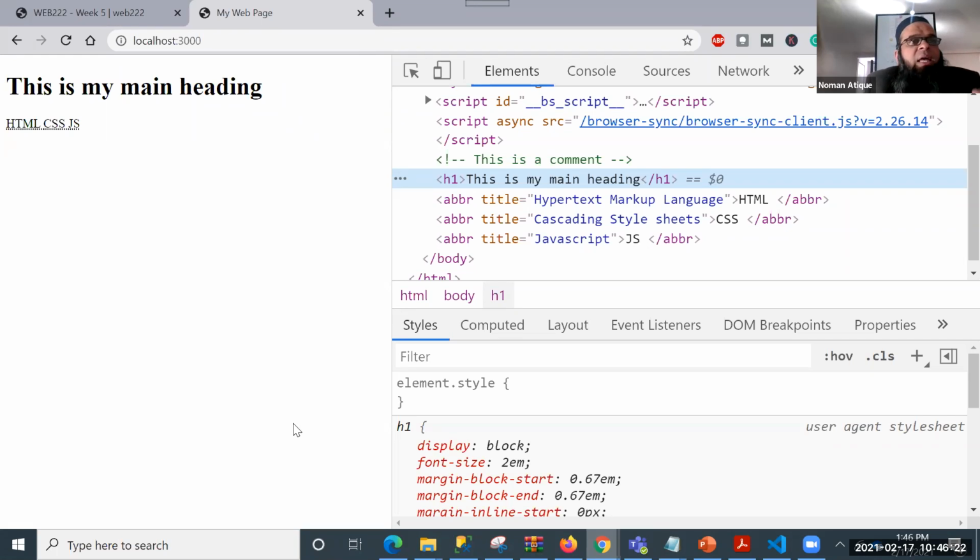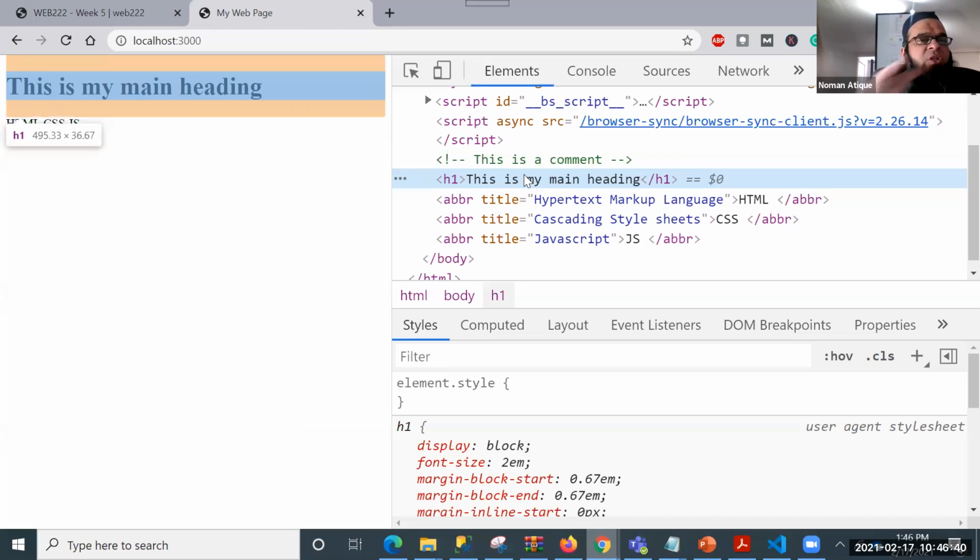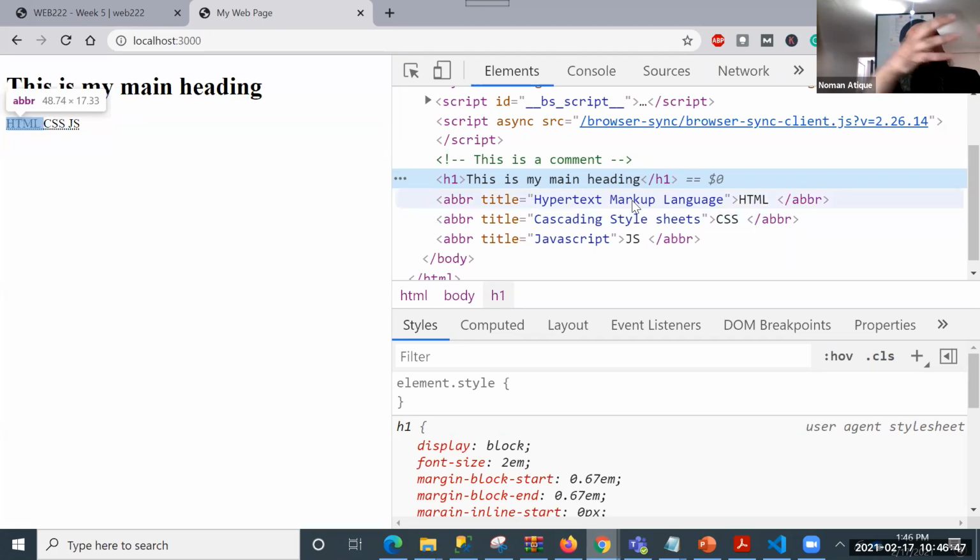Of course, here I want you to understand one very important concept. There are two categories of tags that we use. One of them is called block level tags, and the other is called inline tags. So which one is block level, which one is inline? Very clear. This H1 is a block level tag. You see that H1 is occupying a complete block, a complete box, right? On the other hand, ABBR is coming in a single line. I will discuss block level as well today. We'll do a very good example of that.